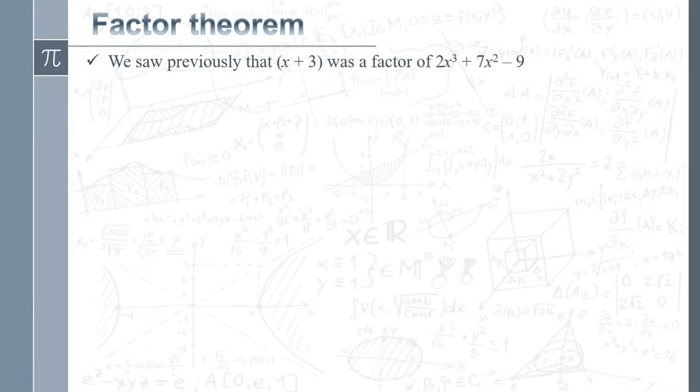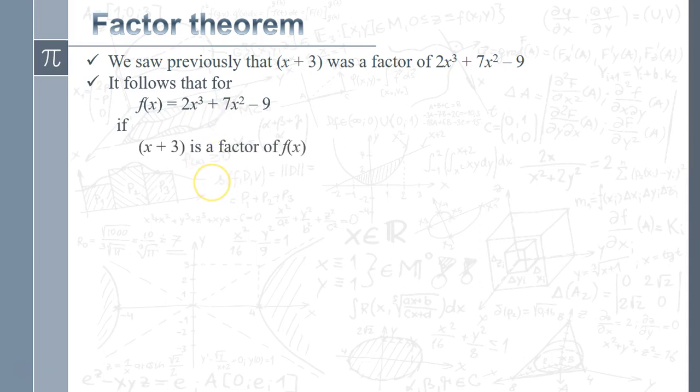So here we go. In the previous video, we did a bit of a division. We realised that x plus 3 was a factor of 2x cubed plus 7x squared minus 9, because when you divide x plus 3 into this thing here, you end up with a remainder of 0. So what we're going to do is just take that idea a little bit further. So let's say that for that function, which is the one we've got in the question at the top, if x plus 3 is a factor of f of x,